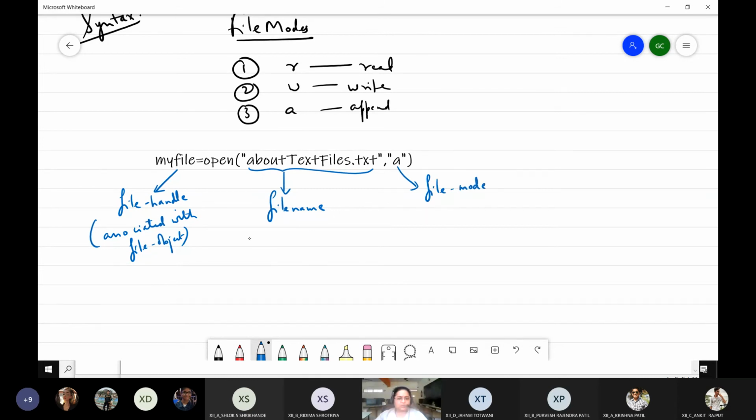Understood, everybody? So this is how you are going to first associate this disk file with a file object, and that file object has this identifier, that is file handle. And you also supply a file mode along with this, which is also written in double quotes. Please make sure that you provide both the information in single or double quotes because it is a string. Okay, is this much clear to everyone?